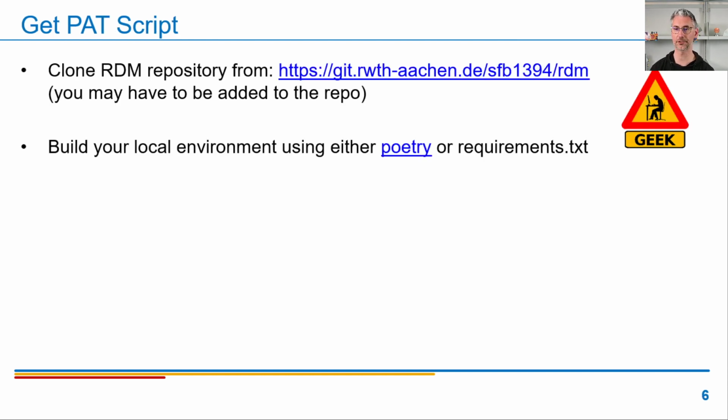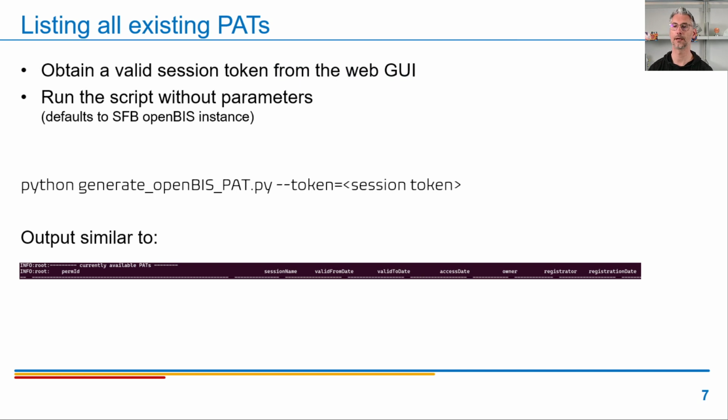So how do you create such a personal access token? Again, get the information from the relevant repository, build your local environment, and then you can use the following script. It's called generate OpenBIS PAT. And you need a session token for it. It doesn't accept personal access tokens. So you first need to obtain a valid session token from the web user interface, and then you can run the script without parameters. That defaults to the default